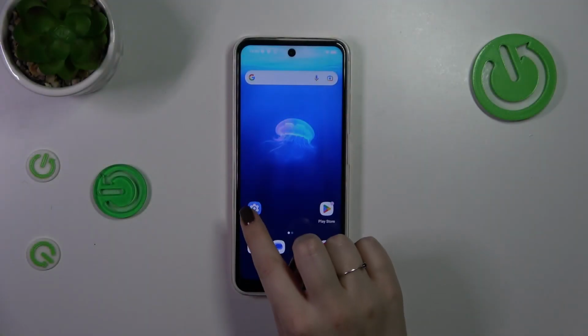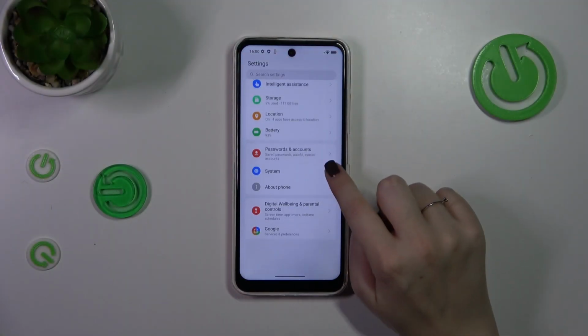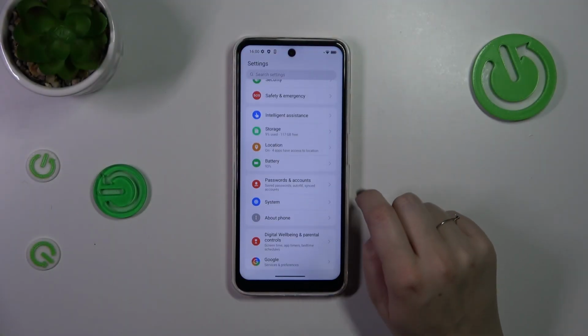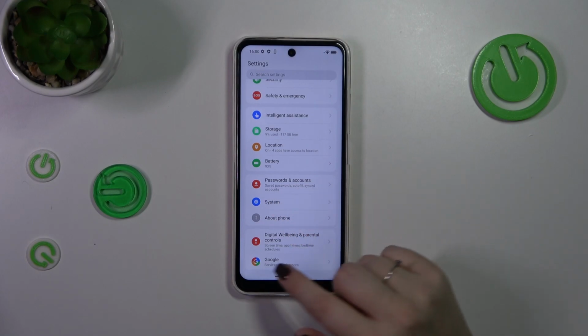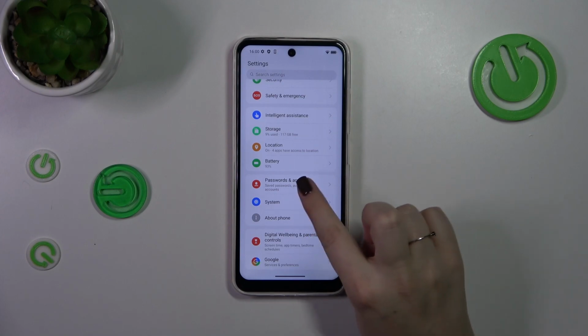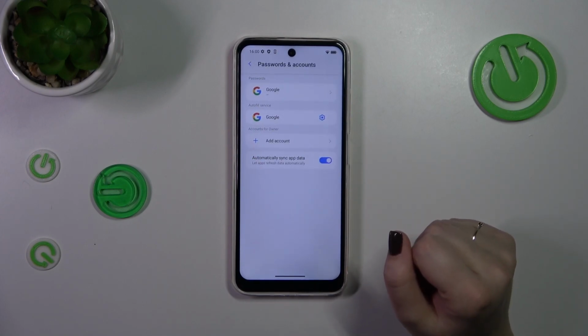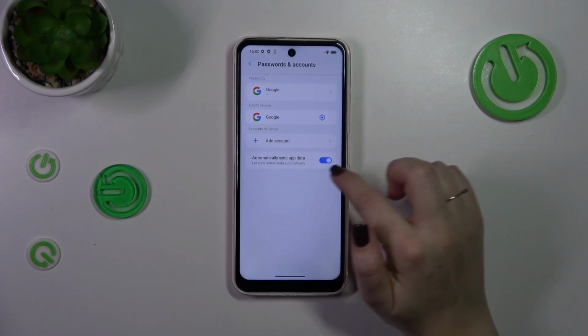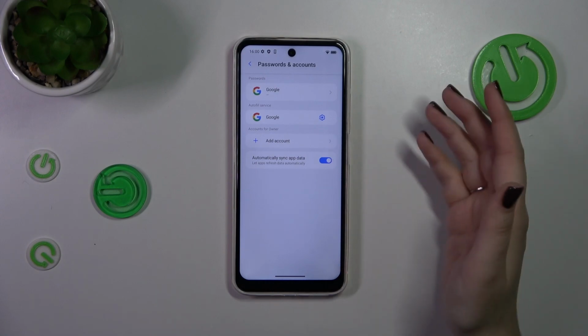So let's start with opening the settings, and here we have to scroll down in order to find either passwords and accounts or Google section. It's basically up to you which you prefer, but I want to use the passwords and accounts, so let me tap on it. Now let's take a look at this accounts for owner,